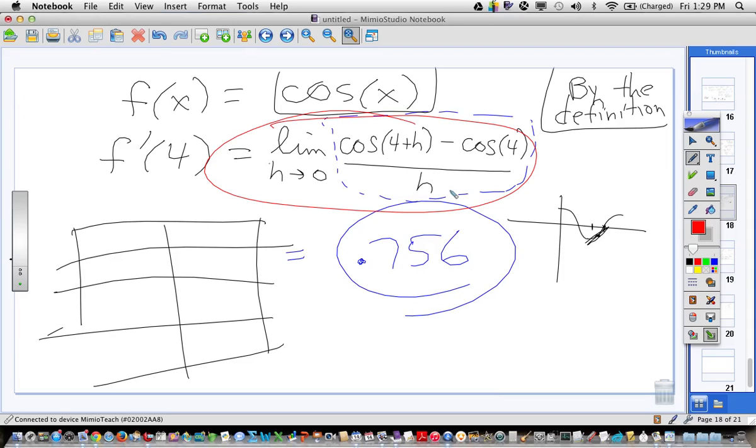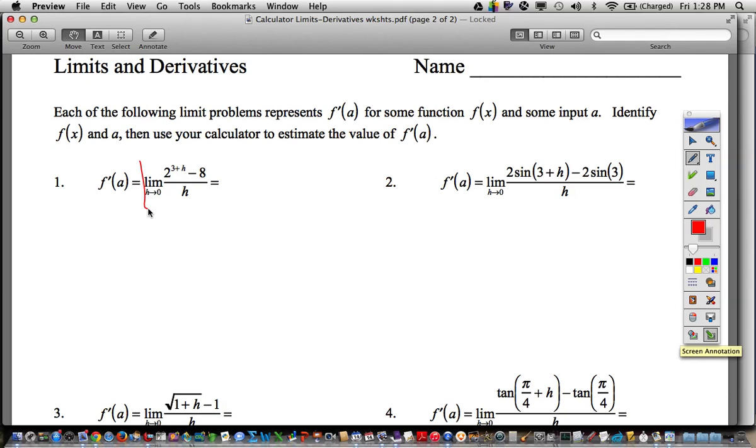Oh, cosine x, right? Remember that? So it's like working backwards. Where did this limit come from? It came from the function cosine x. What was the a value we were doing the derivative at? The 4, the a plus h. Okay? So on your worksheet here, we're talking about, for this particular function,